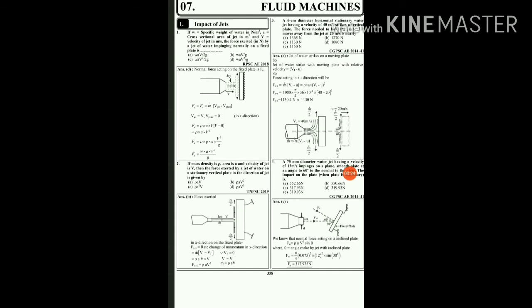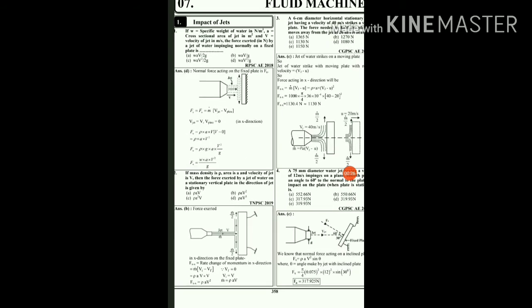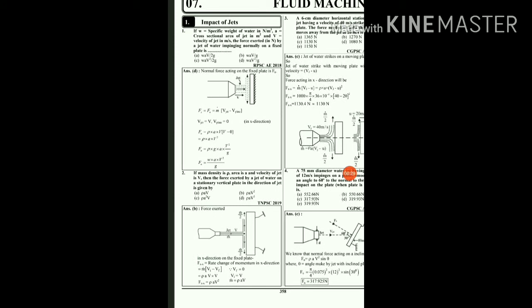So the first question for today is: if W is the specific weight of water in Newton per meter cube, A is the cross sectional area of the jet in meter square, and V is the velocity of the jet in meter per second, find the force exerted in Newton by the jet of water impinging normally on a fixed plate. Consider a fixed vertical plate on which a jet is striking, coming out of a nozzle, and we have to find the force exerted by the jet in the normal direction to the plate. This can be written by using Newton's second law of motion,